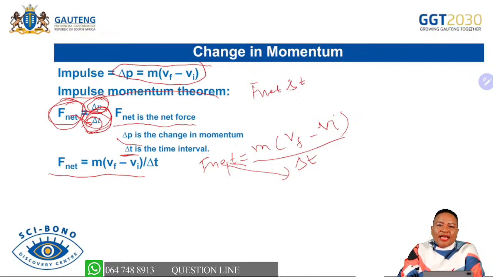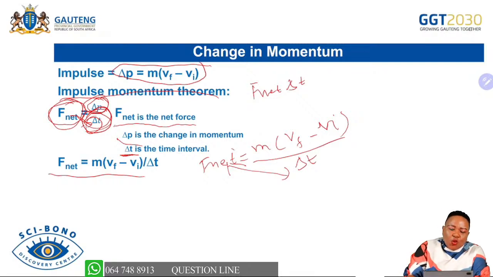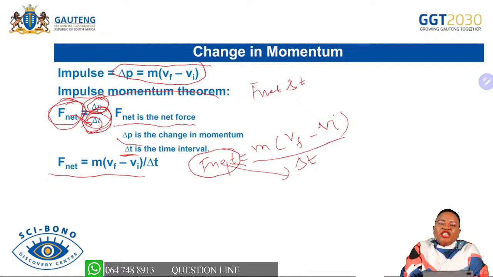In which scenarios do we use this principle of impulse? We need to know why some of these things are being discussed in our subject. Most of the time, impulse is used when we look at safety features, especially in cars and in some of the sports that you do. If the amount of force that you exert is higher, it means the time of contact between you and the surface will be less, because impulse is inversely proportional to the time of contact.